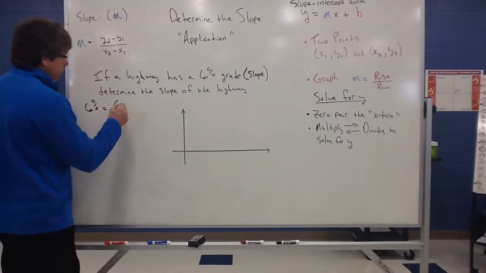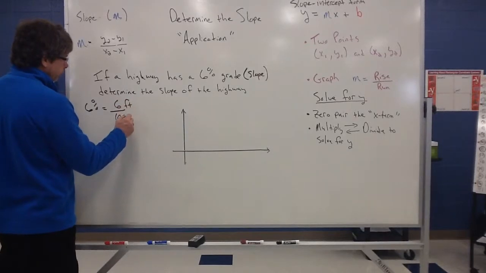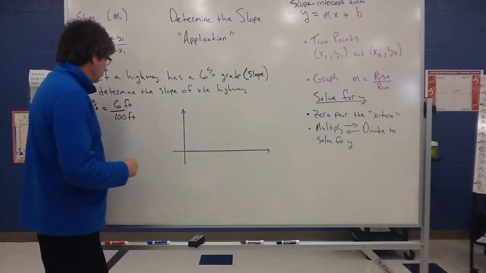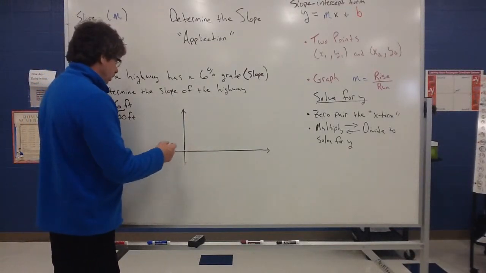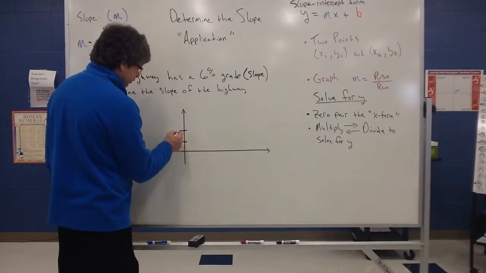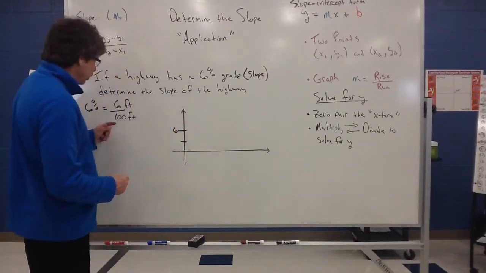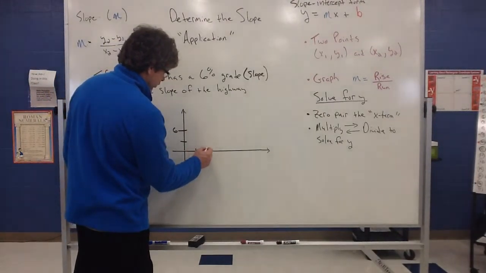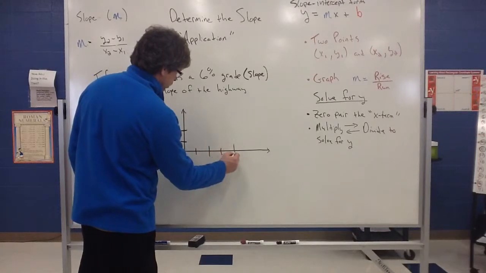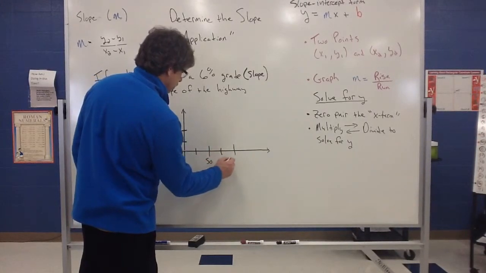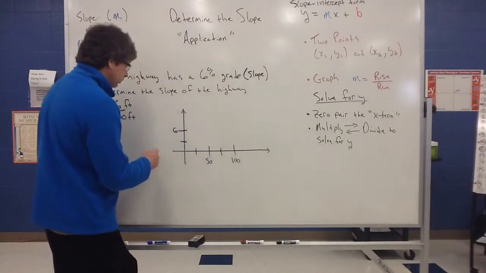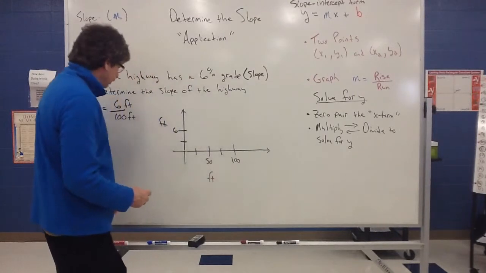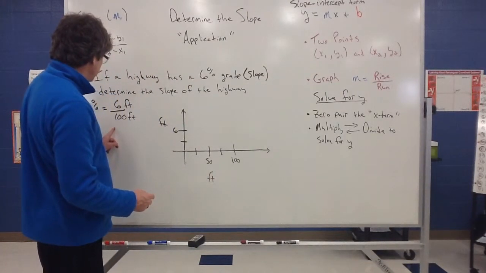So if it has a 6% grade, what that could mean is for every 6 feet it rises, there's a run of 100 feet. So if I sketch that out, I can maybe go by threes here. If I want to go by 100, I probably want to count by 25s or something. So these are in feet. This is in feet. So for every 6 feet it rises, there's a run of